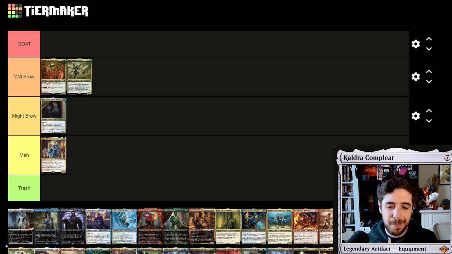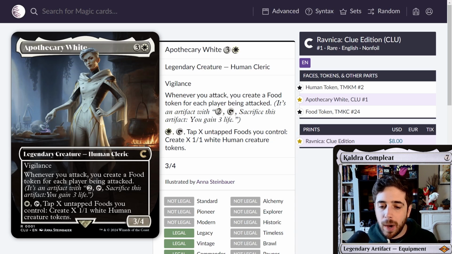There is one commander here that actually makes the coveted GOAT selection. Minor spoiler alert, but it is definitely in the will brew territory. I am very excited to play this commander and brew around it. Next up is Apothecary White. This is a 4-mana mono white legendary creature Human Cleric. It's a 3/4 with vigilance, and whenever you attack, you create a Food token for each player being attacked, and you can pay 1 white, tap it, tap X untapped Foods you control to create X 1/1 white Human creature